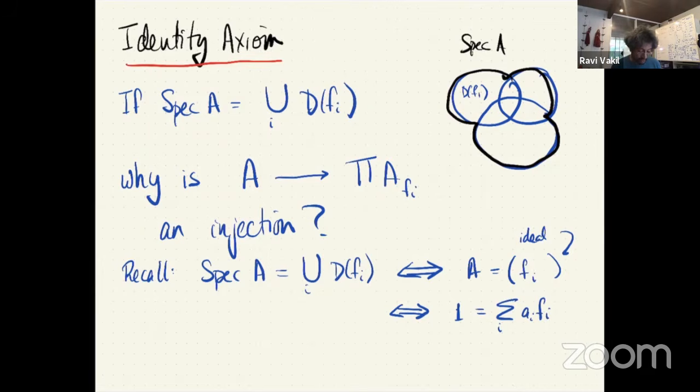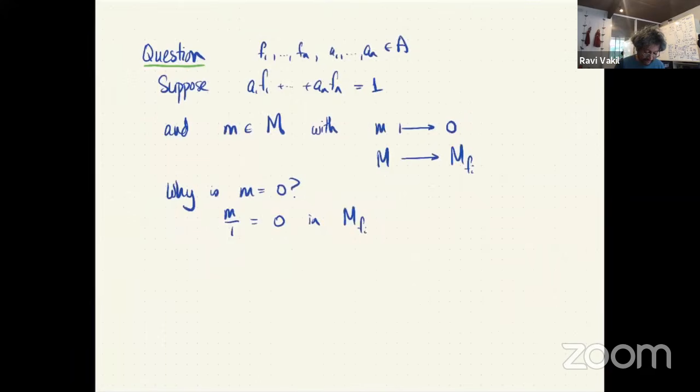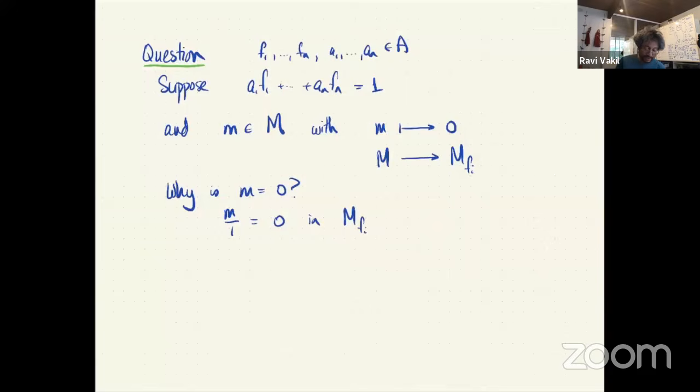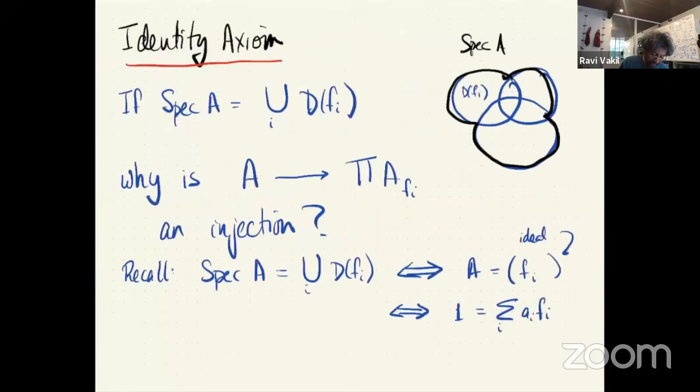Why does, if something goes to zero, why must it have been zero? Now let me say, I think I'm going to conclude with this argument because it's a slick argument. And actually we can do this with a module more generally. So here's the question we have, or maybe I should go back a step,